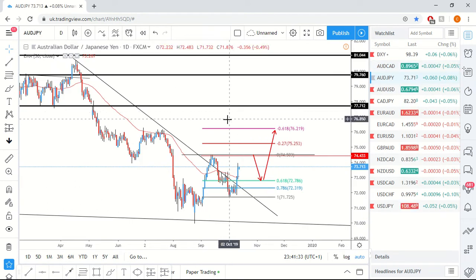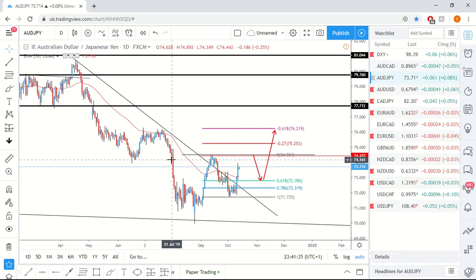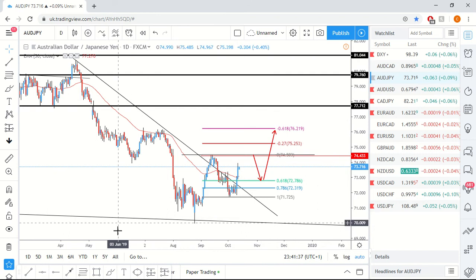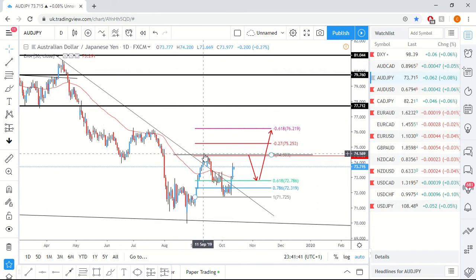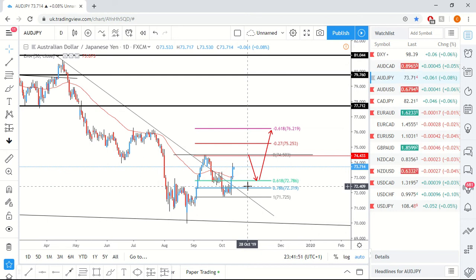Moving on to Australian dollar yen. There's not too much for this one in terms of analysis. However, keeping it simple, we do have this trend line. I did have this short. However, we have broken this trend line now, and now my bias has changed. It's important not to maintain a bias and to be fluid with the markets, and keep an equal bias to either side, depending on what price is showing us.